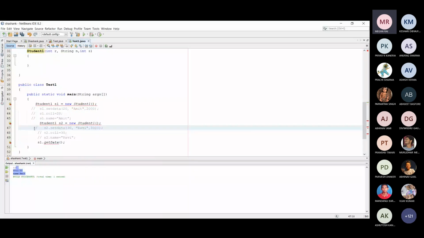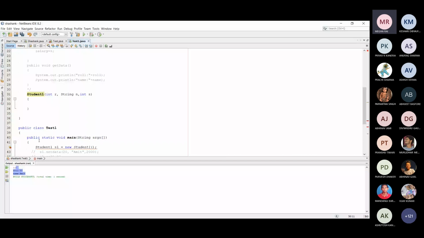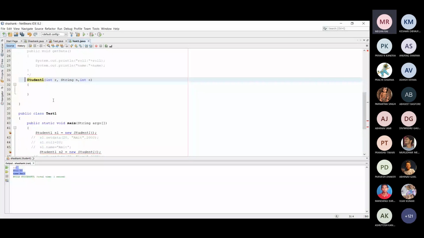Here you can see that when I declare this student1 constructor, I just comment this again. If I comment this student constructor, what will happen?